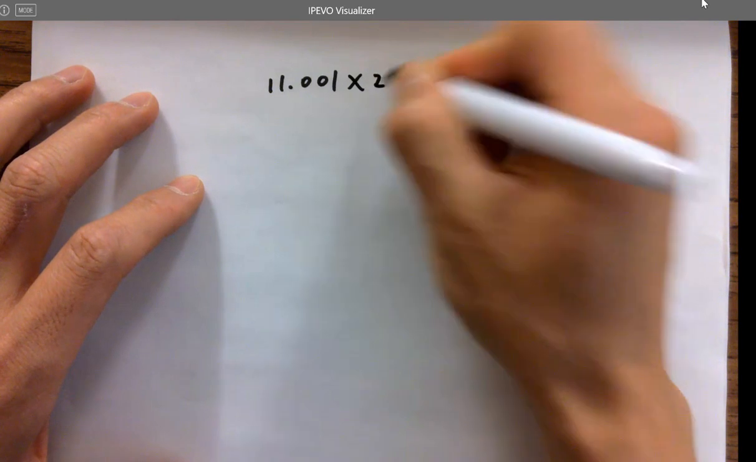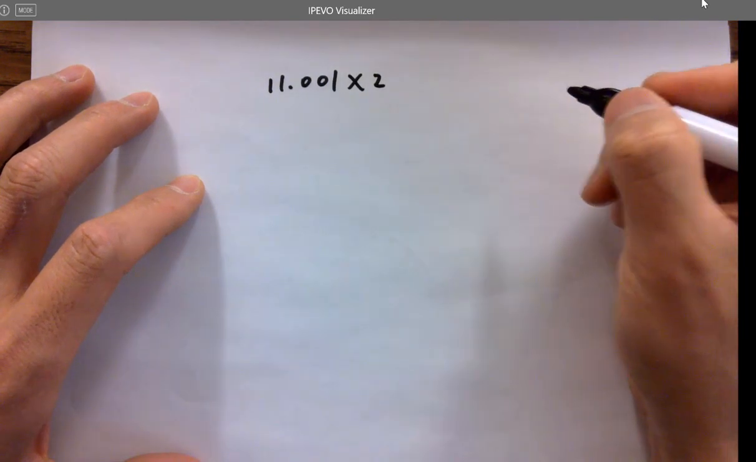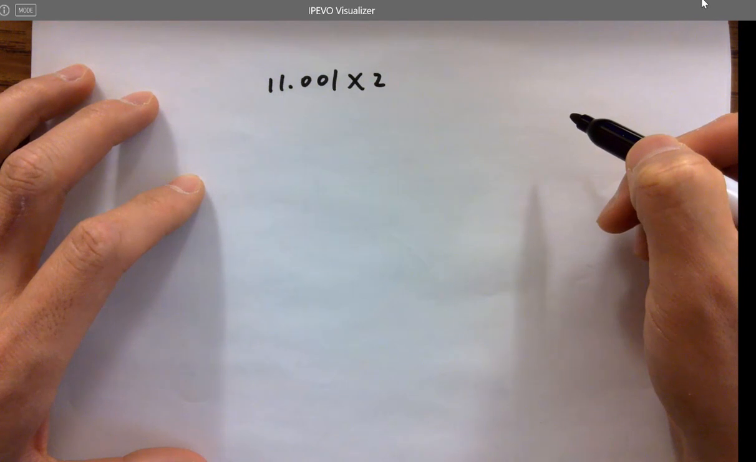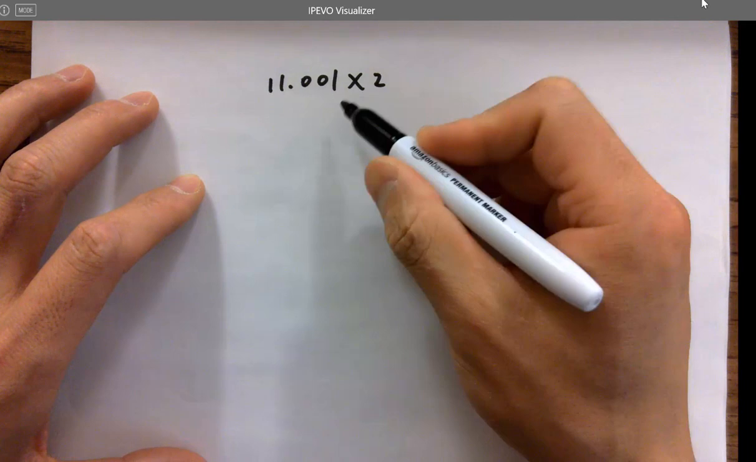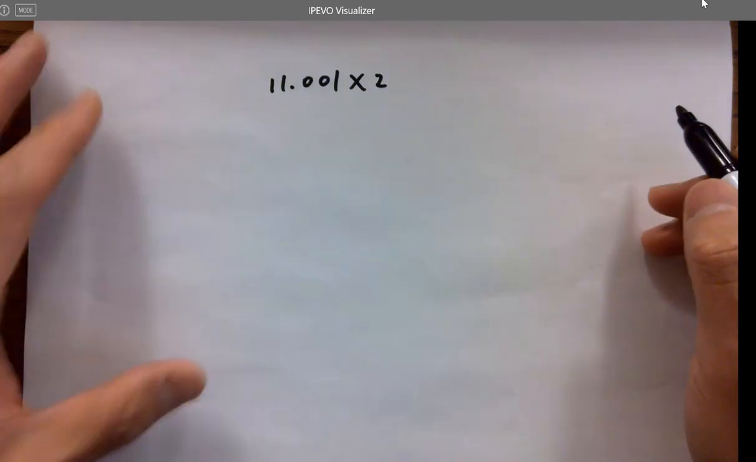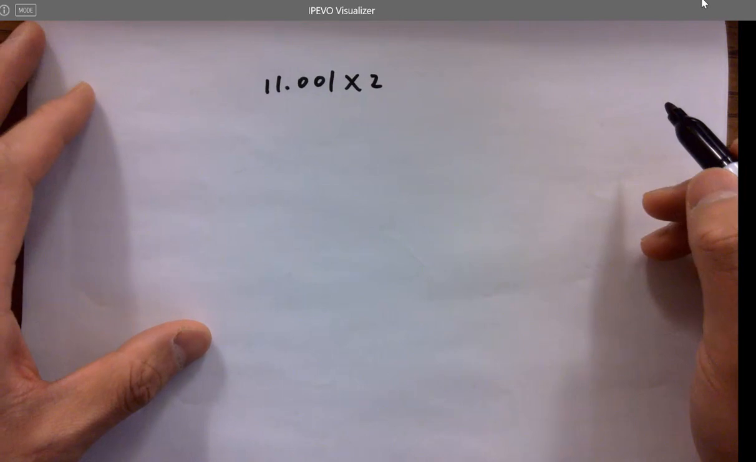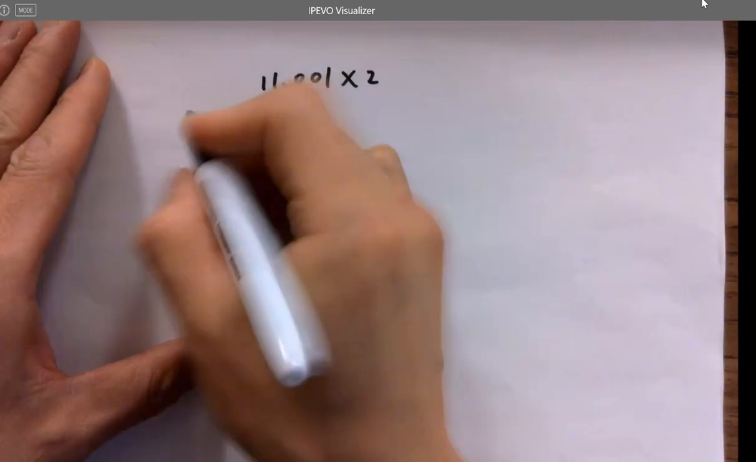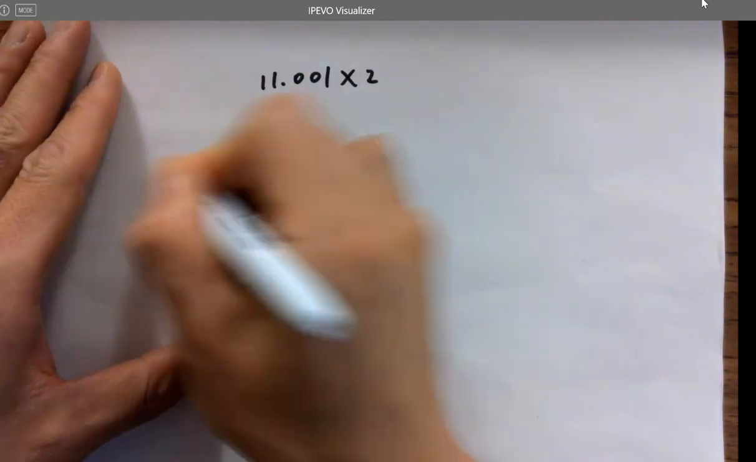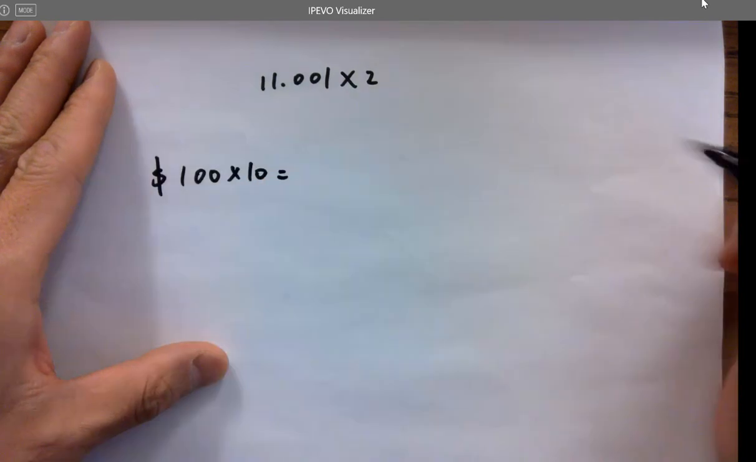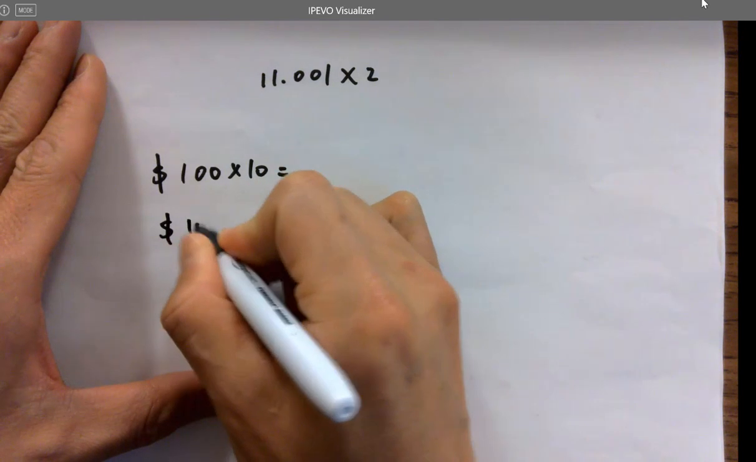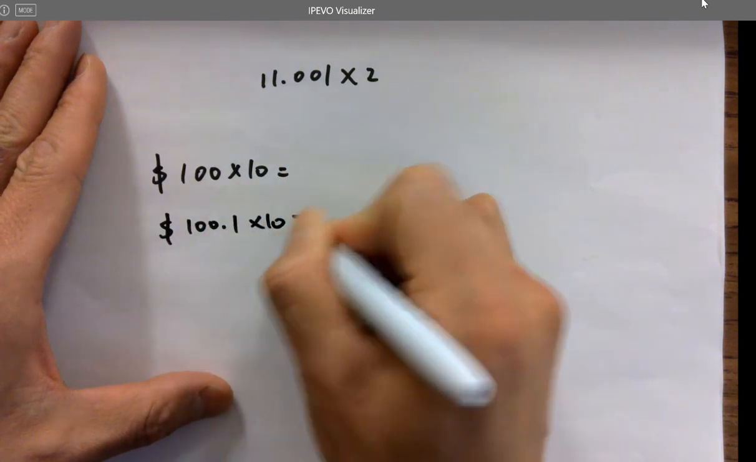If I times 2, what is this doing to this number? Give me the quick answer: times 2 is doing what to that number? For example, I have 100 times 10. You know that, right? 1,000. Or if I get 100.1 times 10, you're getting